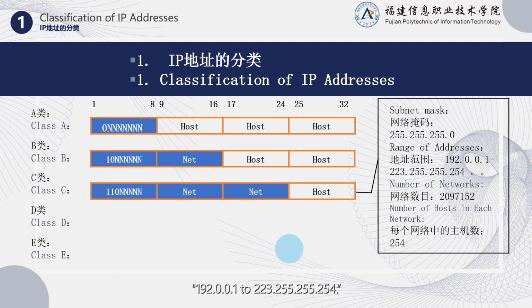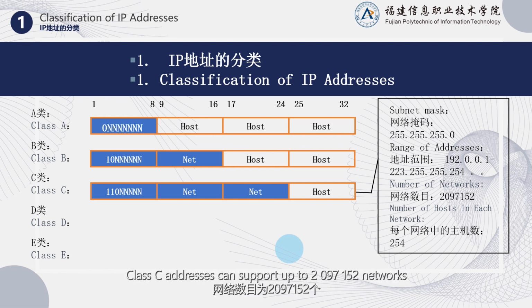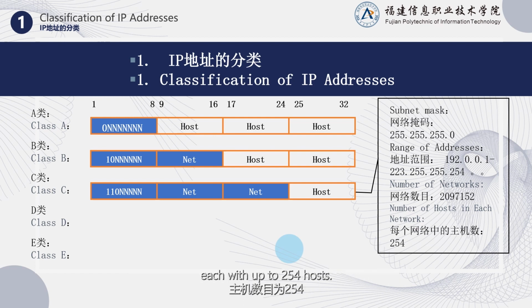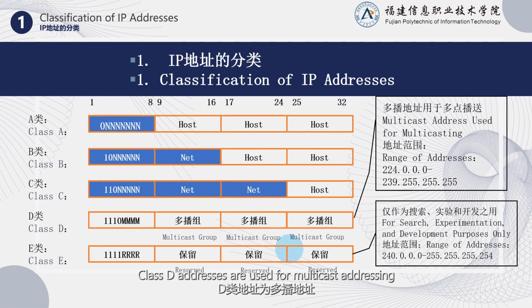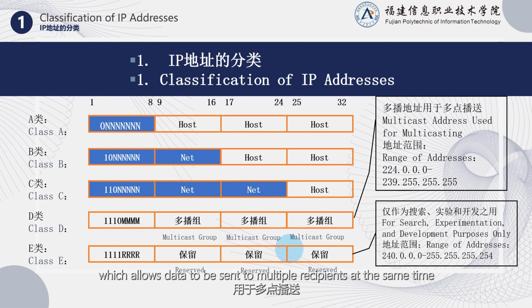192.0.0.1 to 223.255.255.254. Class C addresses can support up to 2,097,152 networks, each with up to 254 hosts. Class D addresses are used for multicast addressing, which allows data to be sent to multiple recipients at